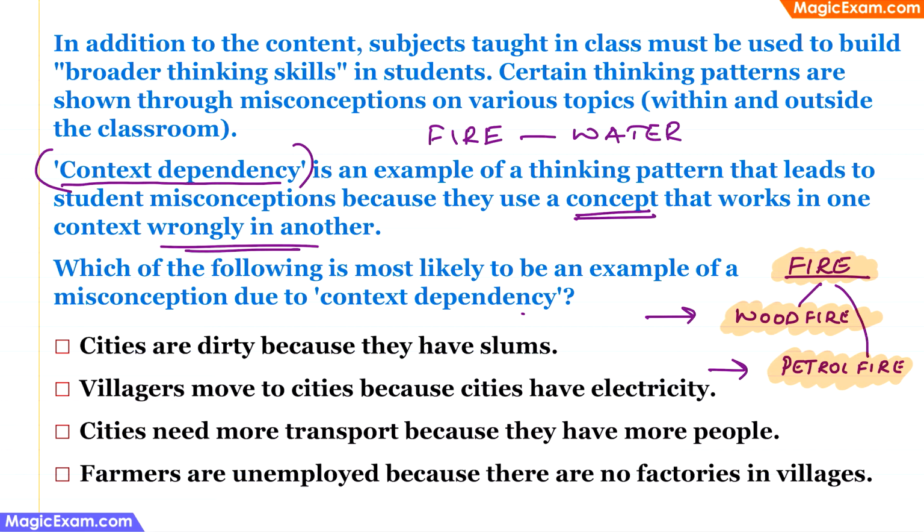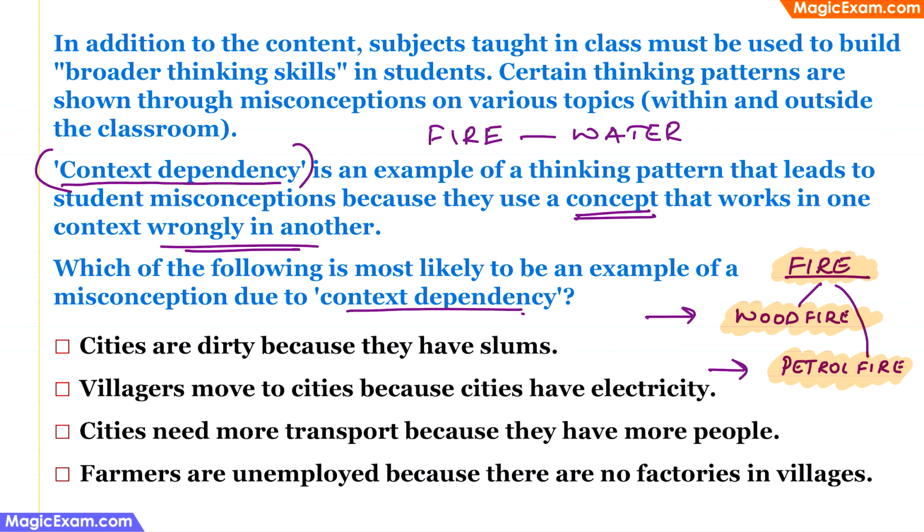Because when you put water on a petrol fire, then the fire actually increases. Therefore, the normal context dependency is where if you think that water works in one situation, it will work in all situations. Now, that is a context dependency, and that can be wrong as well. Now, the question is asking us which of the following is most likely to be an example of misconception due